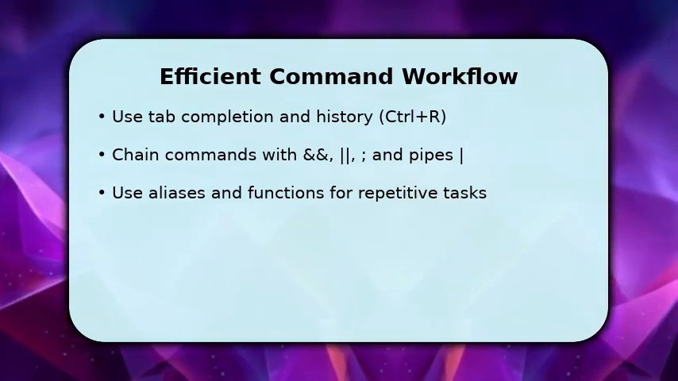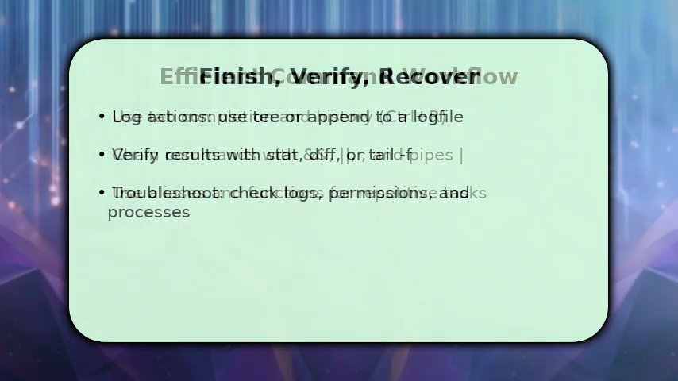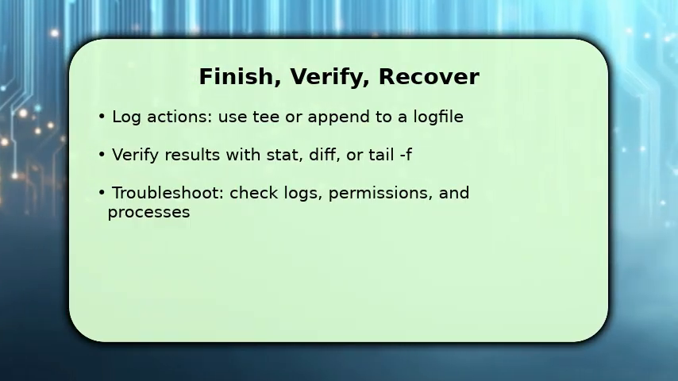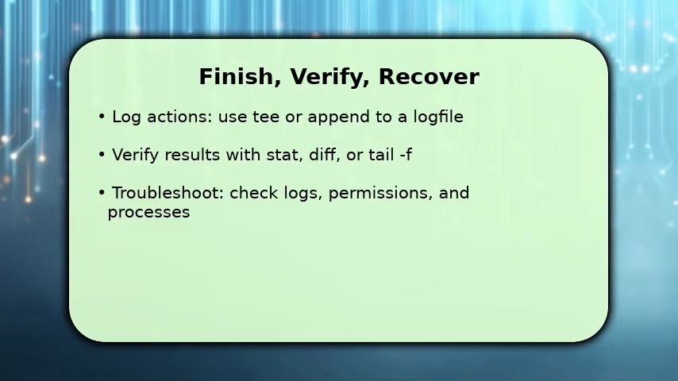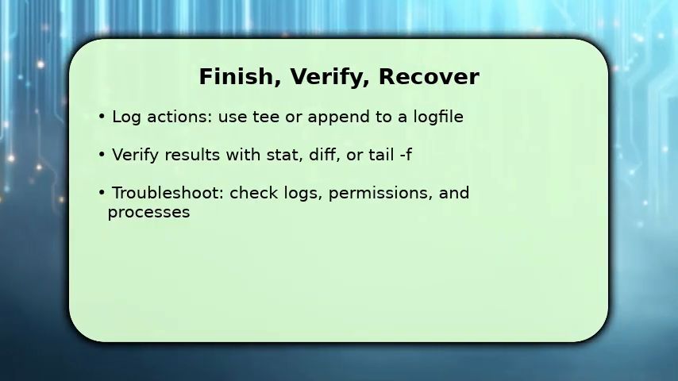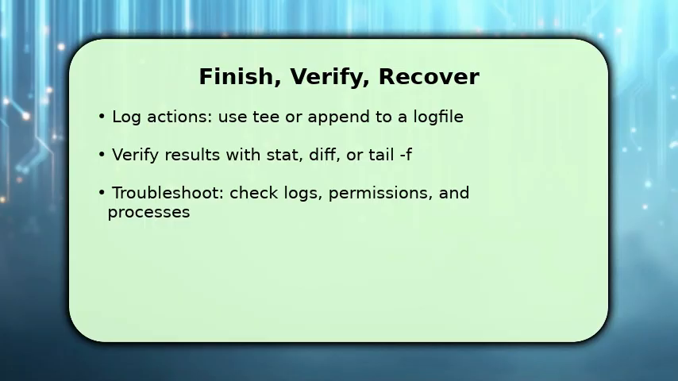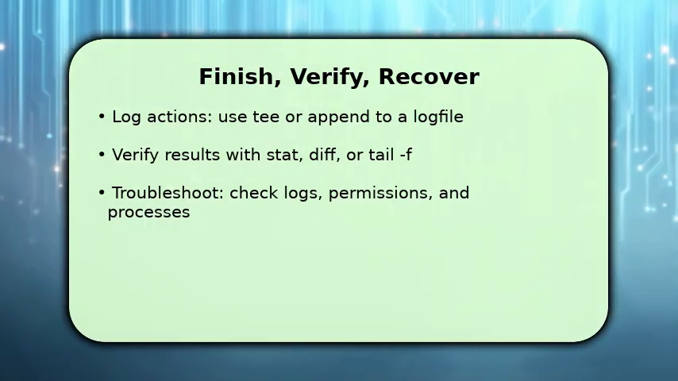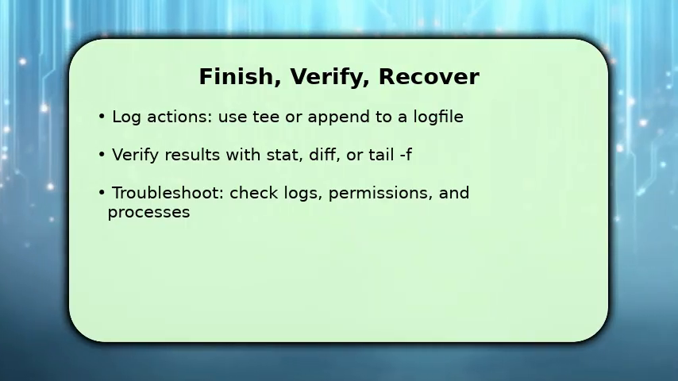You finish by validating outcomes. Redirect important output to logs with tee or >> so you have a record. Verify files and services using stat, diff, systemctl, or tail -f to watch live updates, because confirmation prevents silent failures. If something breaks, check permissions, running processes, and recent logs. Restarting the service or reverting the last change often resolves issues. As a key troubleshooting tip, run commands with -n or